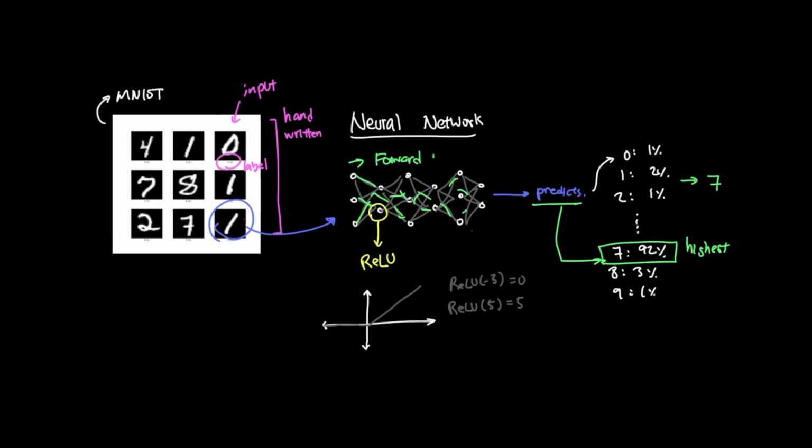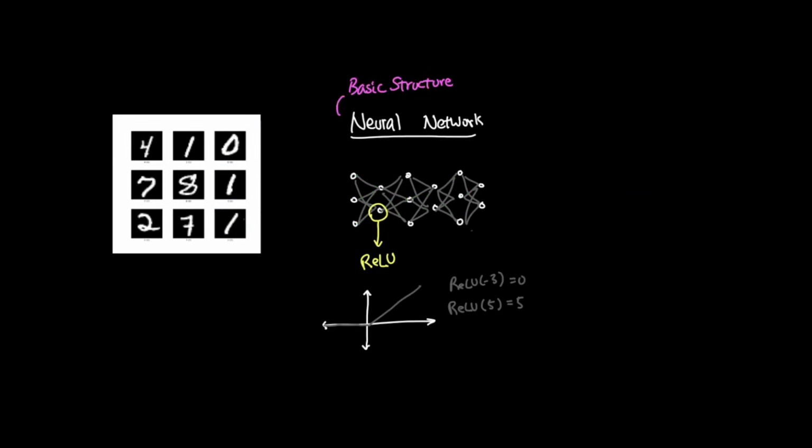The process of data moving through the network to produce a prediction is called the forward pass. For MNIST, the forward pass is something like this: pixels go in, layers process them, digit prediction comes out. So at this point, we have a basic structure. A neural network is a stack of layers. Each layer has learned weights and biases. Activation functions help the network learn more complex patterns, and the forward pass turns an input into a prediction.